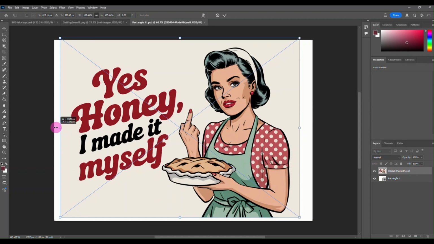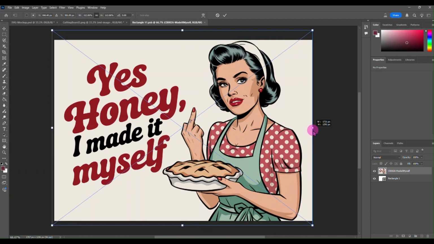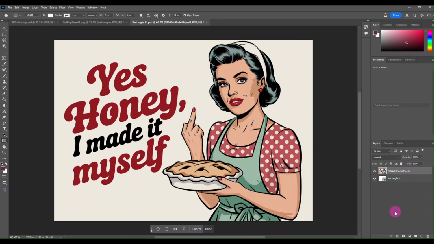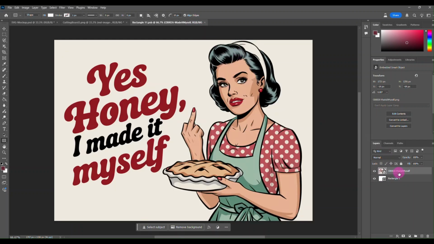And then you just save it, Control S, and go back, and there is your cutting board mock-up. All right, it put that image right in there on top of your cutting board, and you are good to go. So from here, you would just get rid of that, save it again, so you're back to a blank